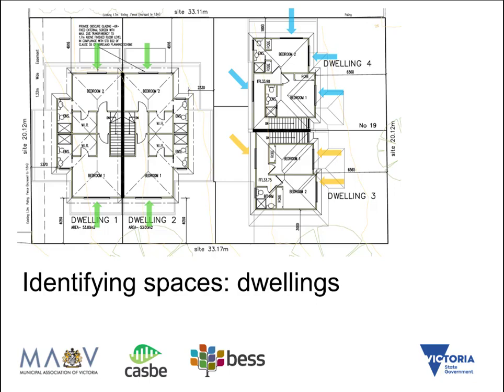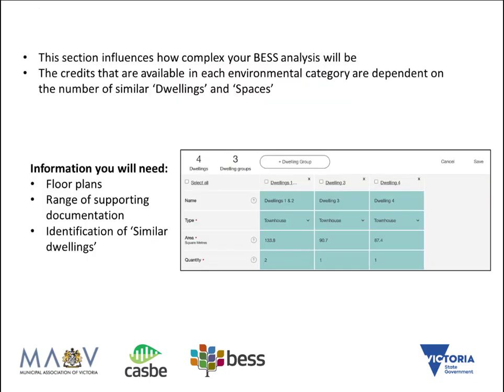Identifying spaces. To determine the extent of the report, you need to list and describe the different dwellings that are proposed for the project. This section explains the role of dwellings and spaces in the BESS tool. The number and type of dwellings and spaces in your project will inform what credits are applicable for the project